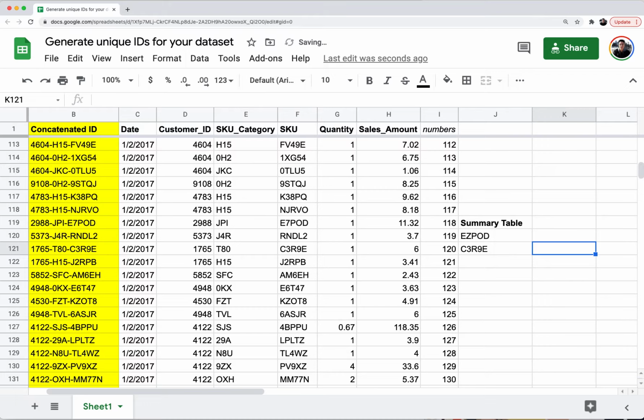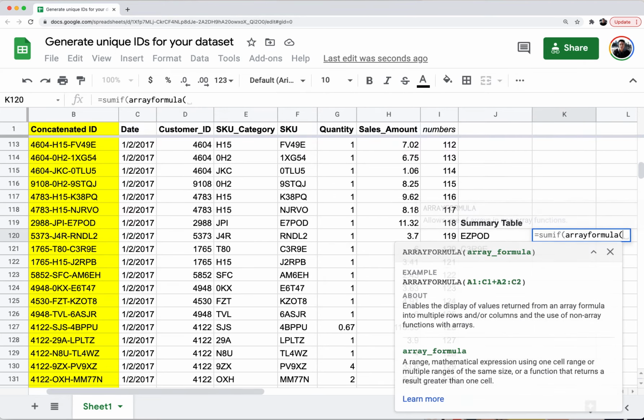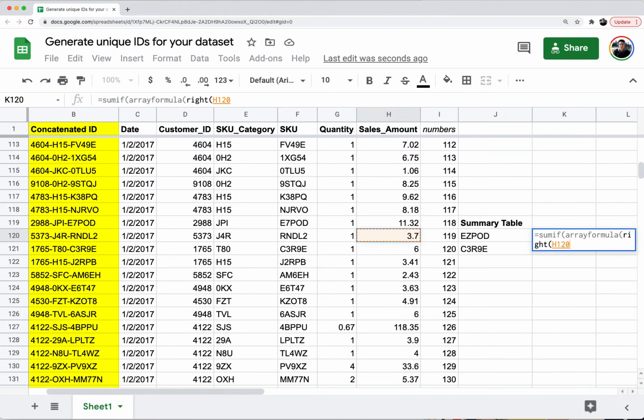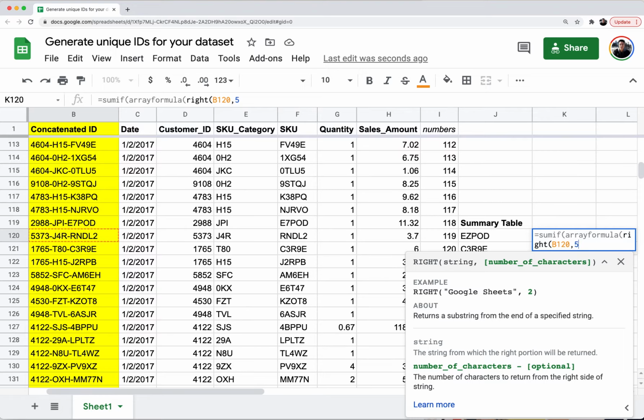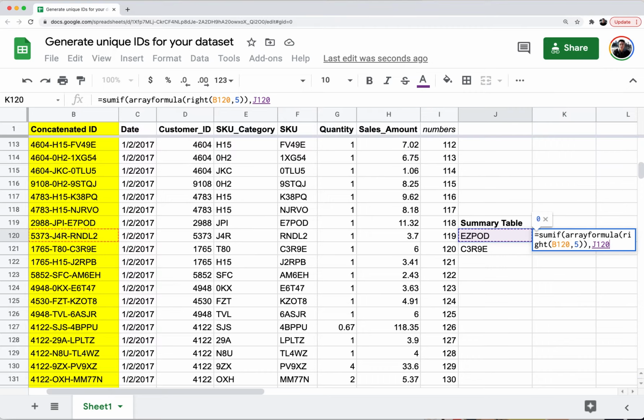And what I can do is say, if I want to find the sales amounts for all SKUs that have EZ POD or C3R9E, I can write equals SUMIF, and then array formula, LEFT parentheses, RIGHT, and just take the right 5 values of this, and then say if it matches up with this cell, the SKU I'm interested in,